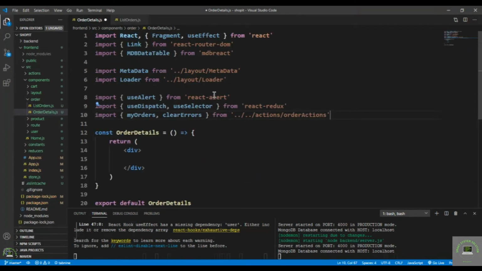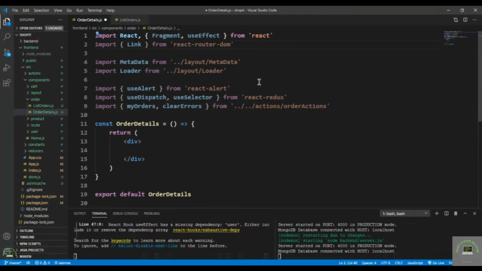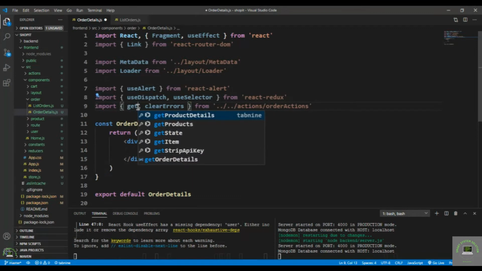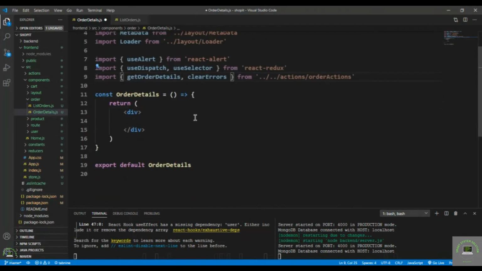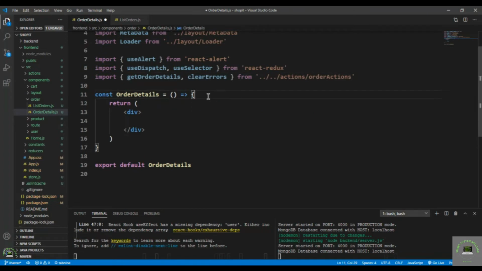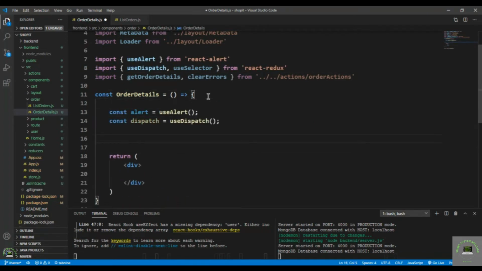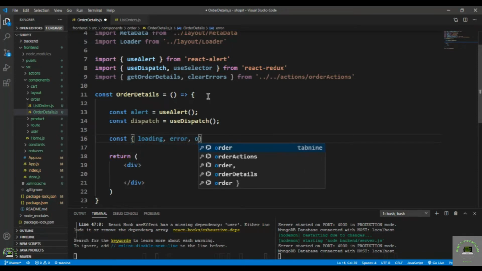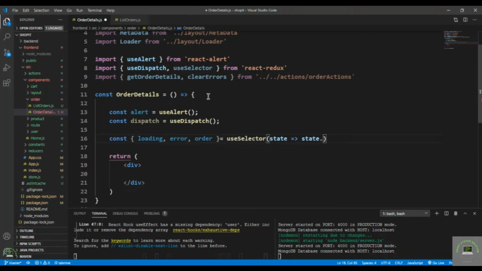I need React fragment, useEffect, Link. I don't need Table here. Metadata, Loader, useAlert, and also this one. And this one I have to get order details. And let's actually copy these also. Control C, put that here, and let's put in here const. Let's pull out the loading, error, and then the order, state.orderDetails. Again I have to put here small o,